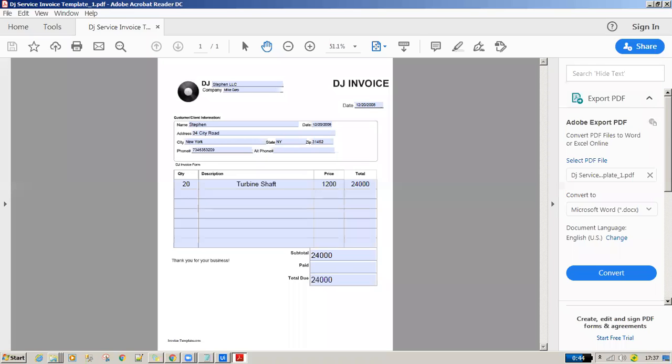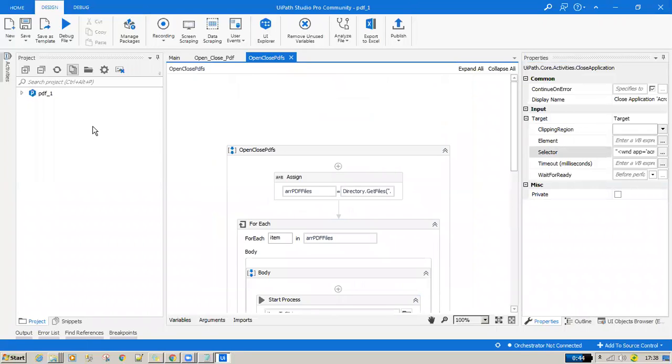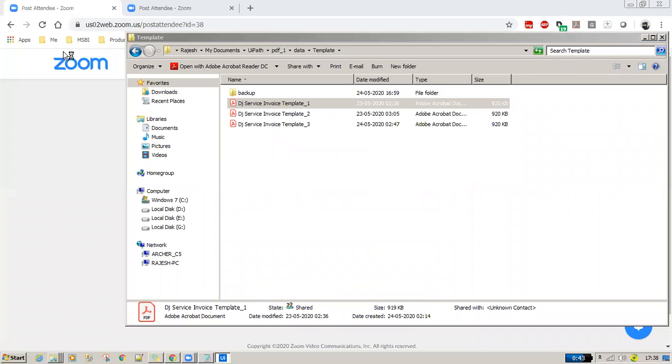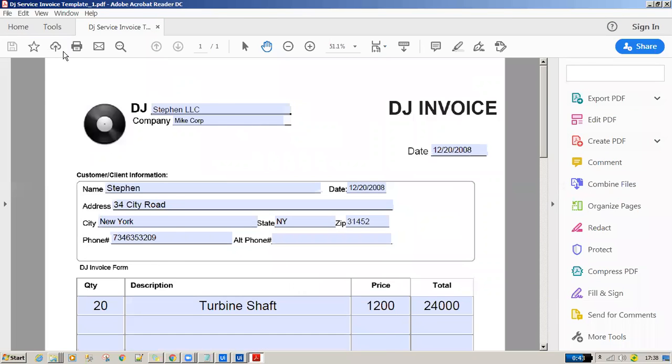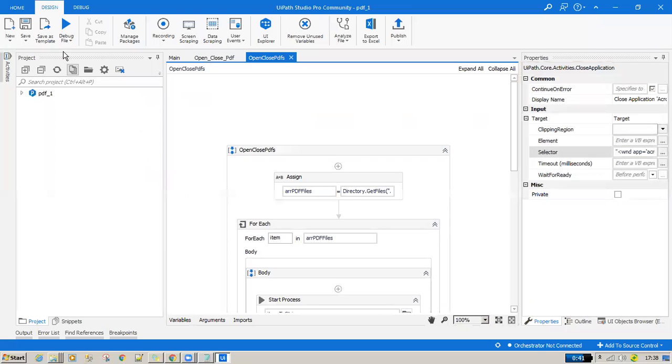Let me close this PDF and run this workflow. Currently I set it to 51% and then I'm closing it. Right guys, let me run this workflow. See, it opened the first PDF and reset the zoom to 100%. This is on the bottom of the page. See, it scrolled up and then it closed. So this is how it makes sure each PDF file is opened, set to the base resolution of 100%, and scrolled to the top of the page.